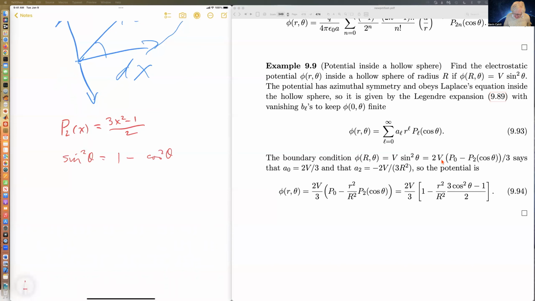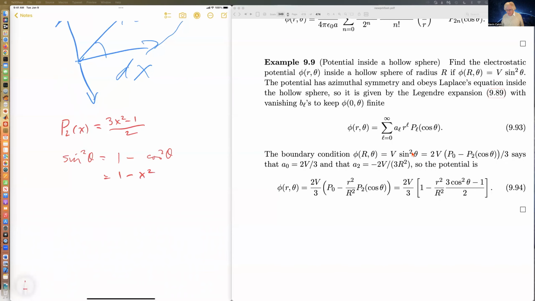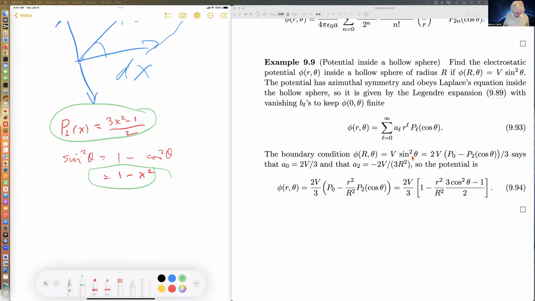And so sine squared is 1 minus x squared, since we're in Legendre land, where x is cosine theta. And so if we just compare this equation with this equation,